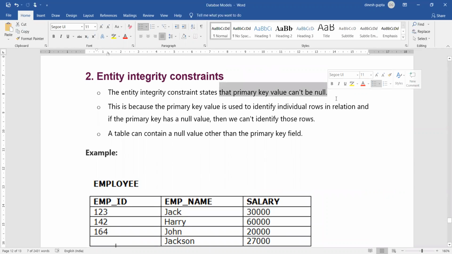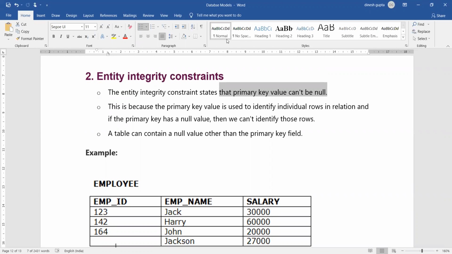Entity integrity क्यों बोलते हैं? Because every record has to be uniquely identified. Now every record can be uniquely identified with the help of a primary key. And if the primary key is null, that obviously means you do not have any way of how to identify